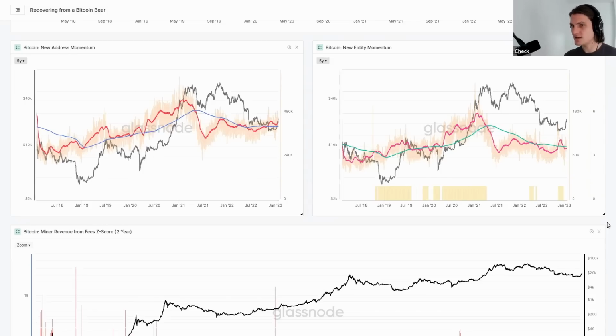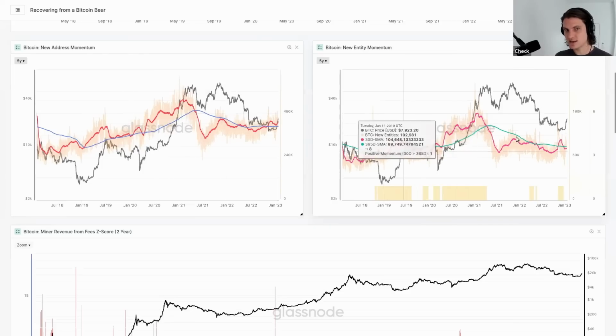The on-chain activity, this one here is where we start to get more into the on-chain space. And this is probably one of the most important categories, certainly for Bitcoin, trying to understand momentum. Now, you'll see us using these things called new address momentum, new entity momentum. The concept of momentum is just looking at the red curve here or the pink curve. This is our entity adjustment, so new entities. This is our T3 variant.